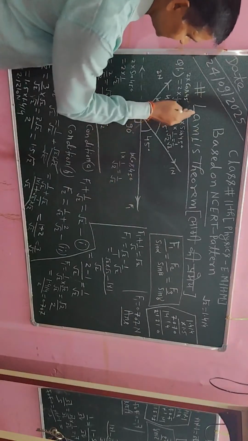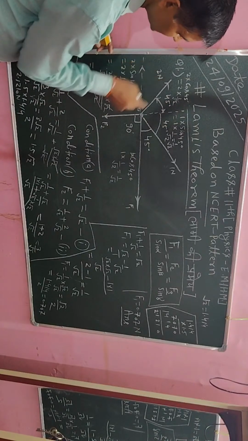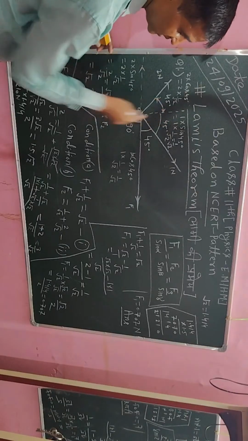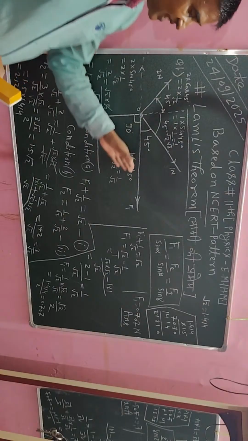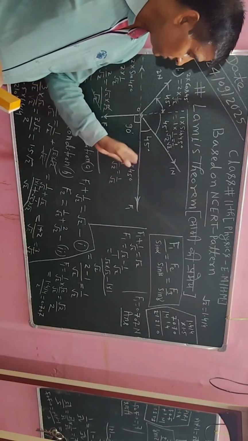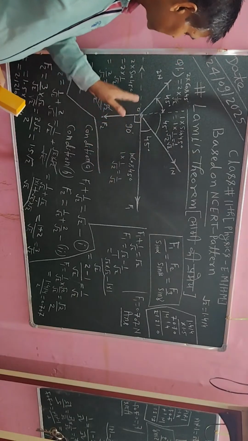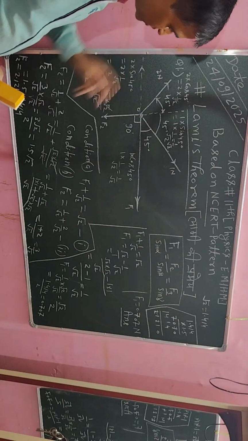तो फोर्स F1 को हम x एक्सिस के डायरेक्शन में रिजॉल्व किए और y एक्सिस के डायरेक्शन में रिजॉल्व किए। उसी तरीके से फोर्स 2 न्यूटन और F2 भी हम x एक्सिस के डायरेक्शन में रिजॉल्व किए और y एक्सिस के डायरेक्शन में रिजॉल्व किए। लामी थ्योरम के अनुसार कहा जाता है कि पॉजिटिव x एक्सिस के डायरेक्शन में जो फोर्स हैं उन सभी फोर्स का सम बराबर होगा नेगेटिव x एक्सिस के डायरेक्शन में सभी फोर्स के सम के।